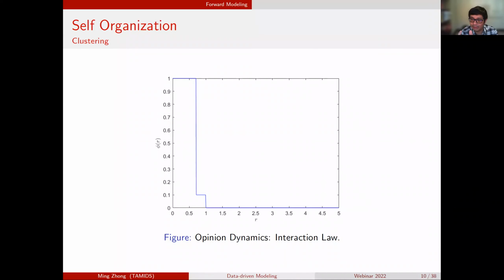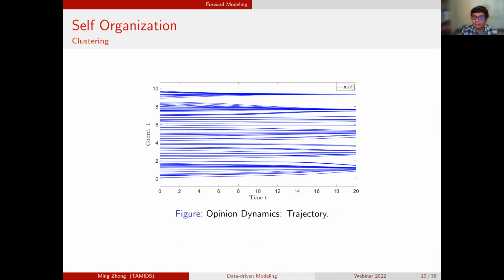So that means that when agents are closer, you feel stronger interactions from the other agents. When agents are far away, you feel weaker interaction from the agents. So it makes sense in some cases. Okay, so if I have this kind of positive, even compactly supported, positive interaction kernel, then I can actually induce